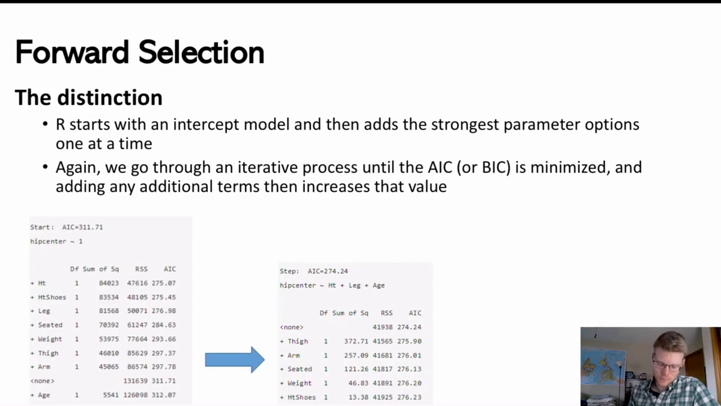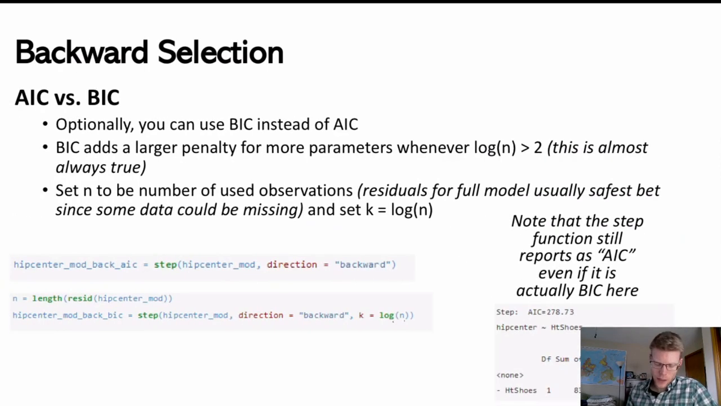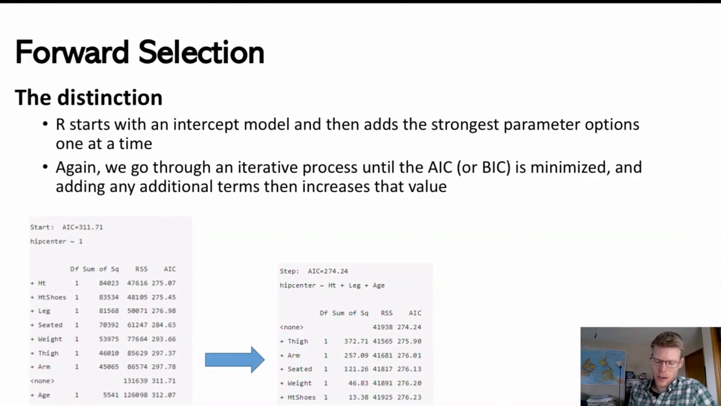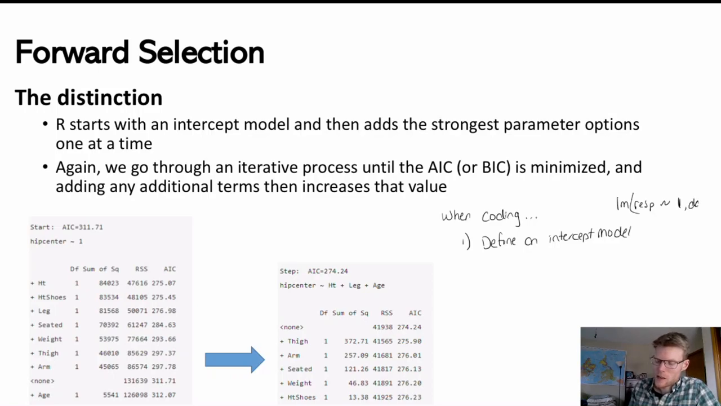for prediction. One thing I will mention about coding forward selection is that it's not quite as simple as what we did over here. You actually now have to define, and I'll mention this in the coding video, an intercept model. Basically a model with no predictors added, so it's just going to be like response tilde 1 would be an intercept model. So lm, comma, data equals,